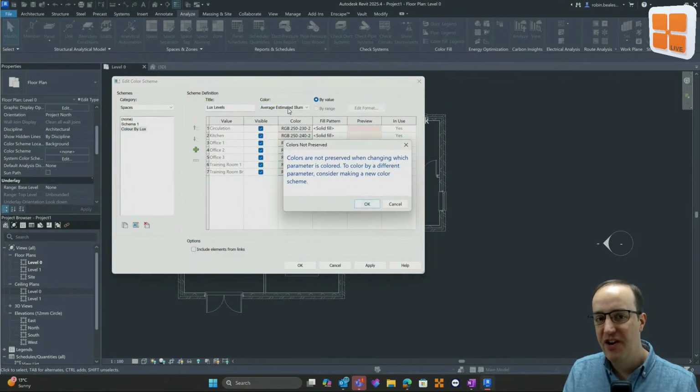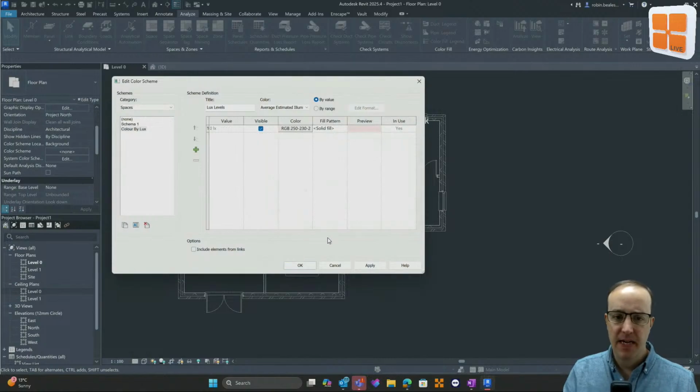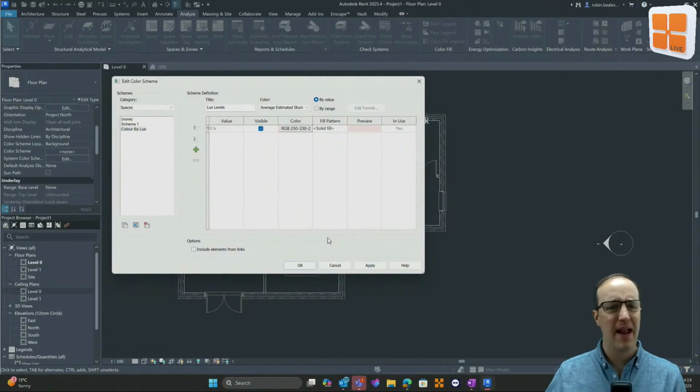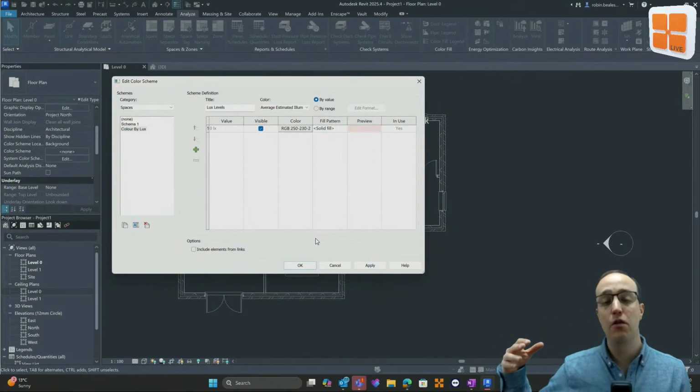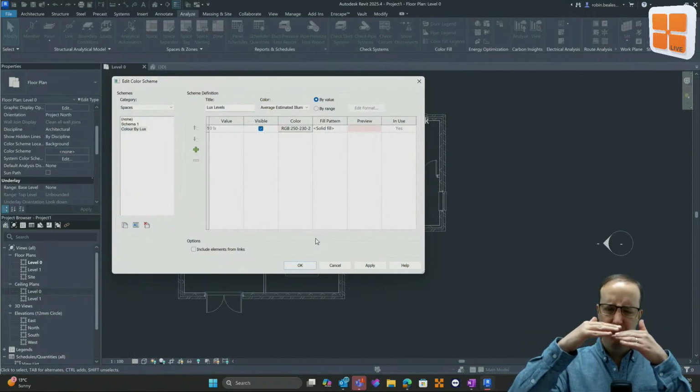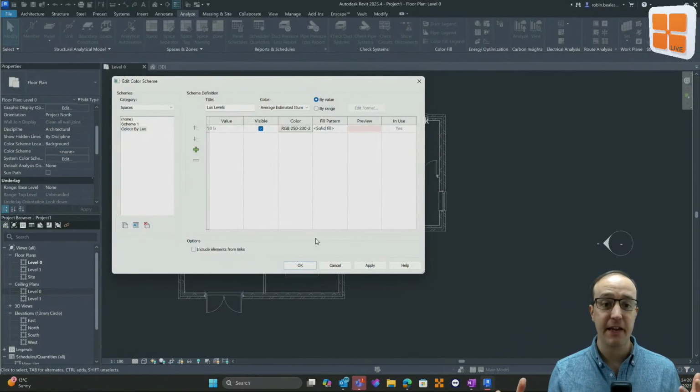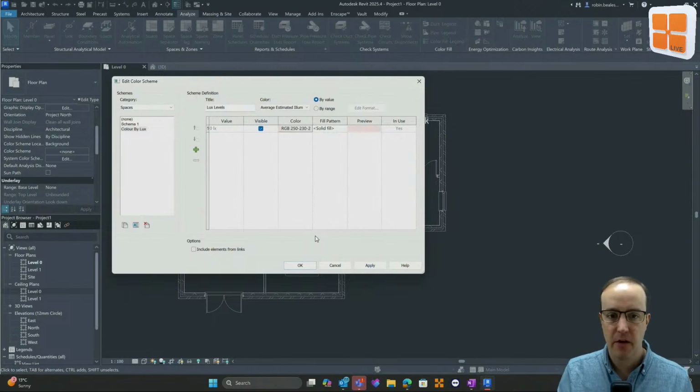So I'm going to pick average estimated illumination. It's going to come in and say, well, actually, you don't have any in your model. You've got no lights. There's no illumination set in any of these spaces. So it's just warning me that it doesn't have anything to work off. If you had a load of lights already created, this would have gone in and created, let's say, a default list of color for you, but it would only be based on the spaces and the illumination levels that you have. What I want to do is create my own values